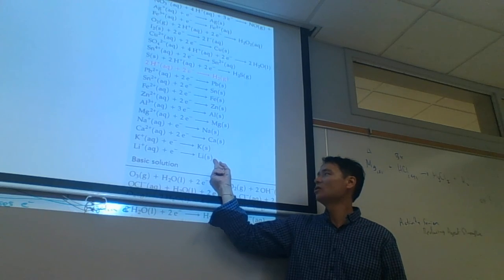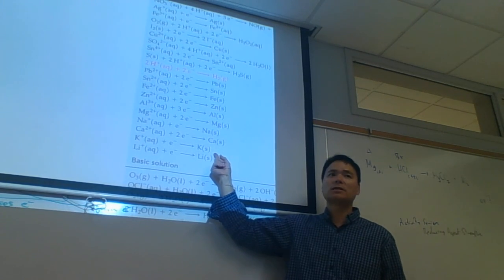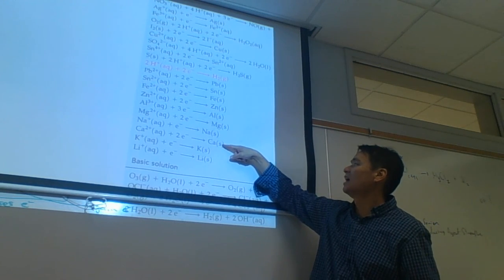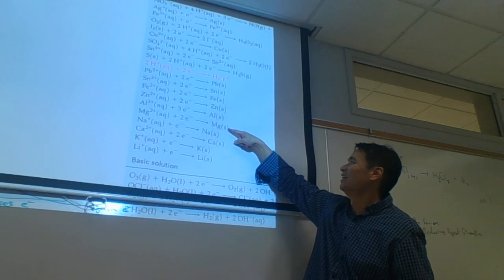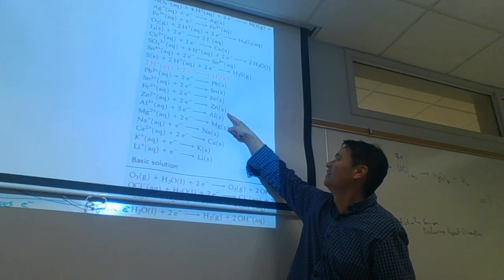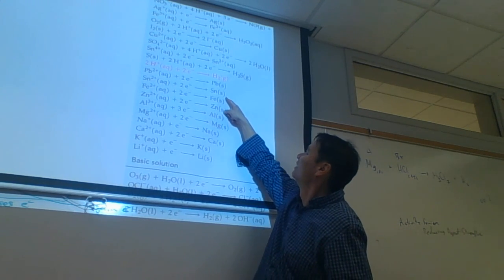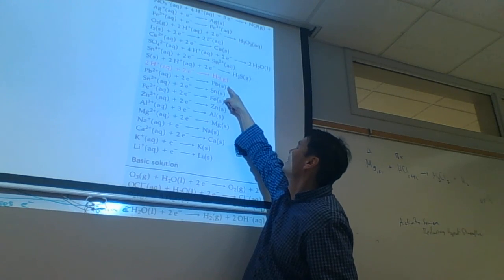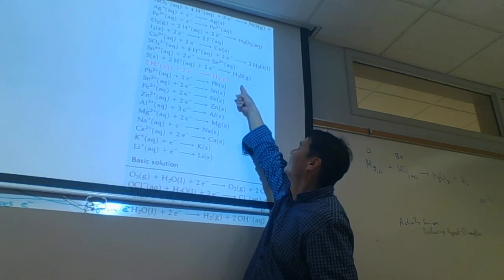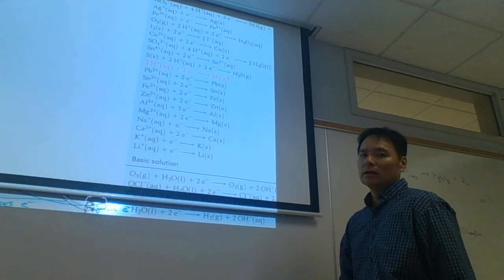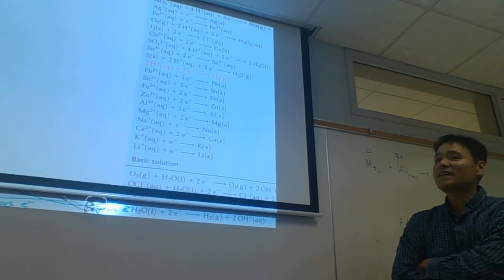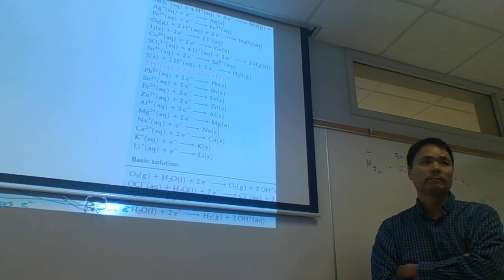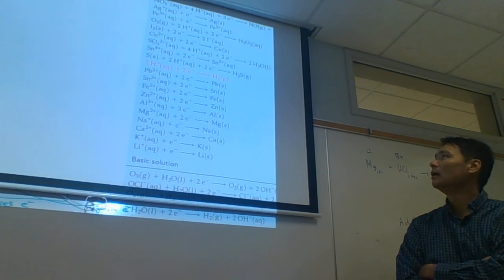And then the second strongest? Potassium. Followed by, let's just read them off. Calcium, sodium, magnesium, aluminum, zinc, iron, hydrogen. And then, what's that one? Is that sulfuric? Well, no, it's gas, so we wouldn't call it hydrosulfuric acid, we call it hydrogen sulfide, followed by